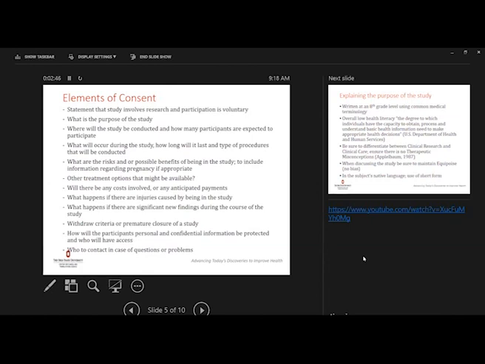Making sure that they understand clearly what is going to happen, the procedures, and how often they need to return to the study center, I used to say, but now that may change. But how many times are they going to be asked to take time to be in the research study? I think sometimes those are glossed over, and families don't realize just how many times they need to provide information again, or they come to a visit and they don't have the information that you're going to be requesting,